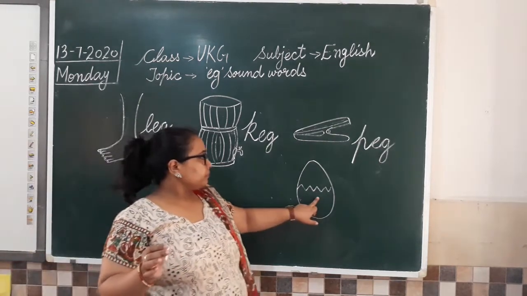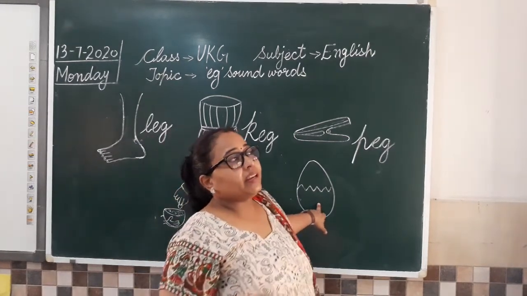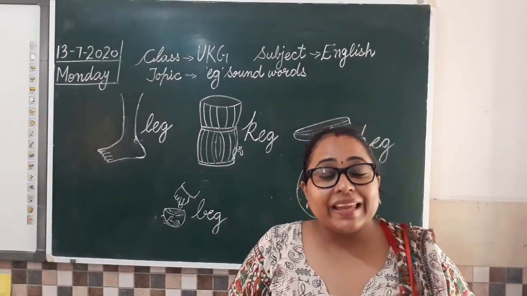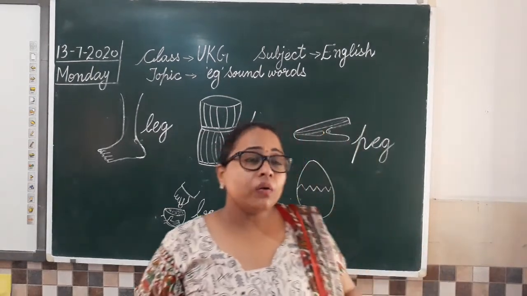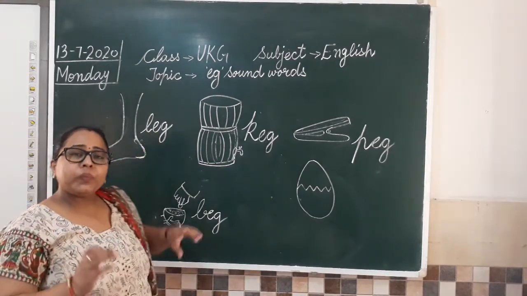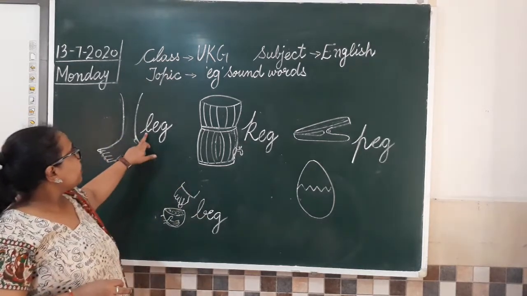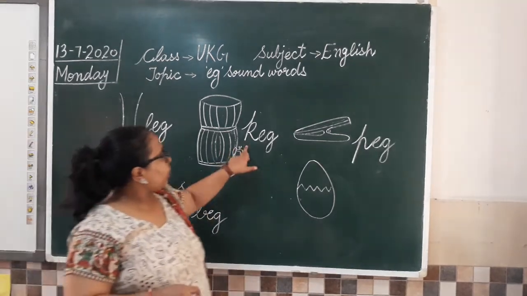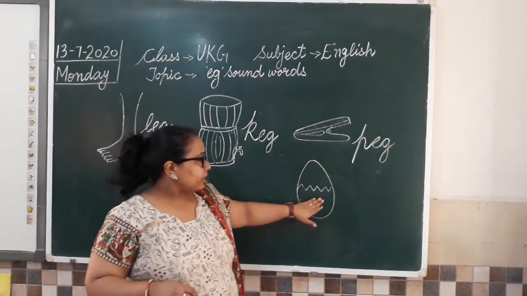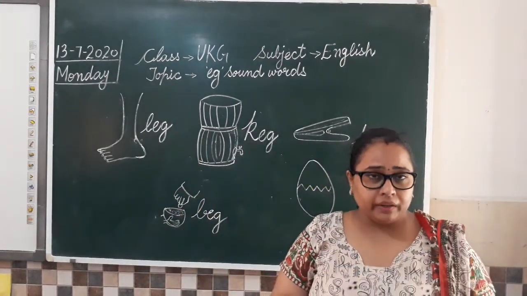Now what is this? Yes, what is this? We eat it as boiled or omelette. So what is it? Egg. Yes. Now in this आपने देखा होगा egg sound के साथ हमने जो भी consonant sounds को blend किया, different sounds we have blended. We have first written the sound of that consonant and then we have blended with egg sound. But in this हम लोग जो इसका एक्स्ट्रा साउंड है जिसके साथ हम इसको एग को ब्लेंड करेंगे